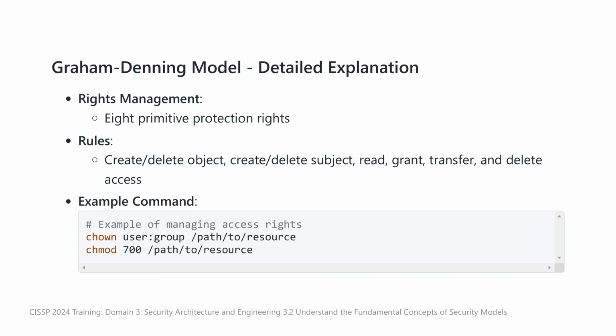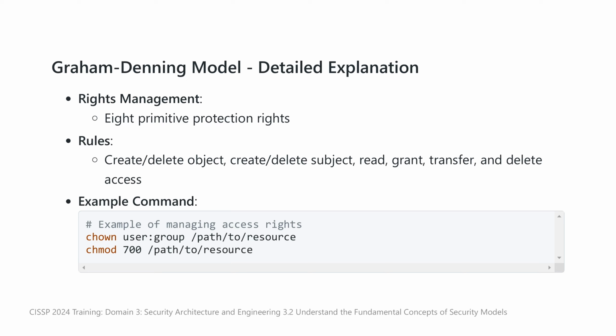bash chown user:group /path/to/resource; chmod 700 /path/to/resource. Here, chown changes the ownership of a resource, and chmod 700 sets the permissions such that only the owner has read, write, and execute rights. Such commands illustrate how access rights can be explicitly managed to ensure that only authorized subjects can interact with specific